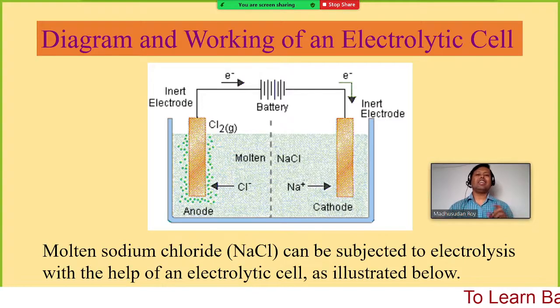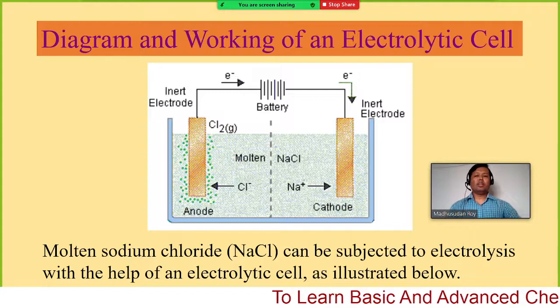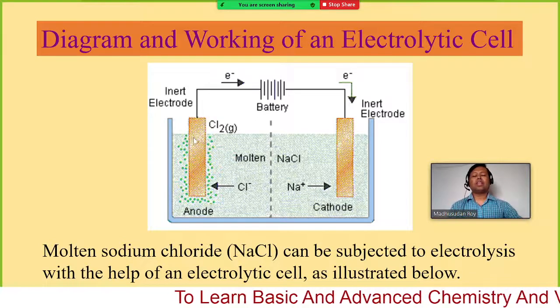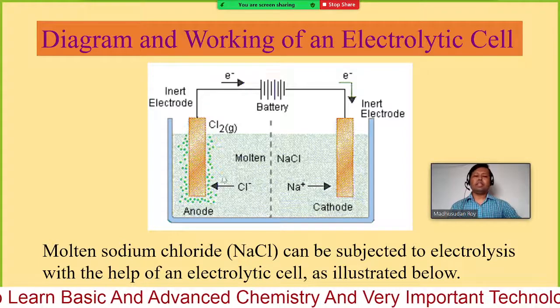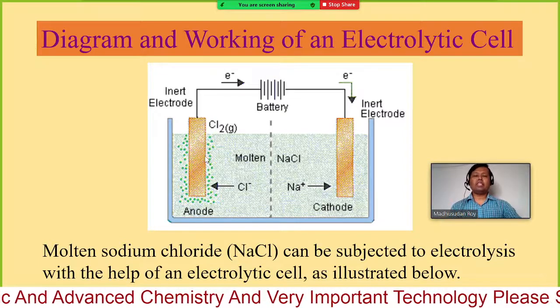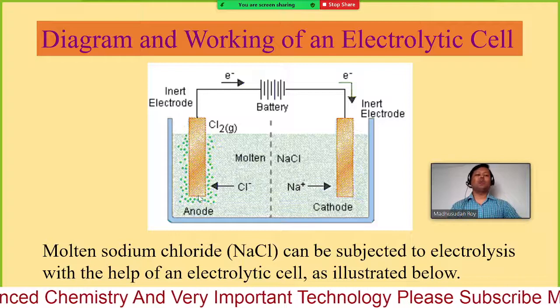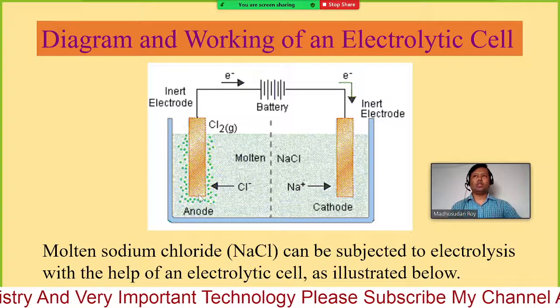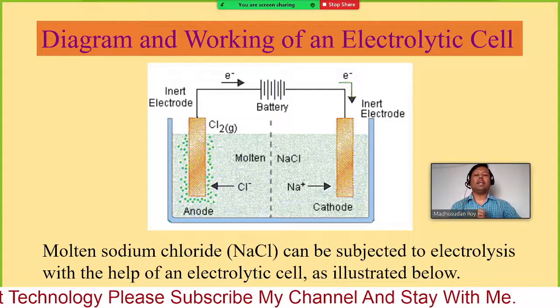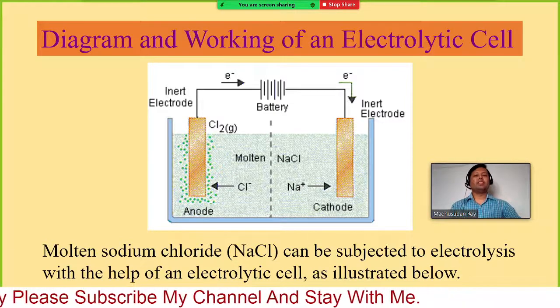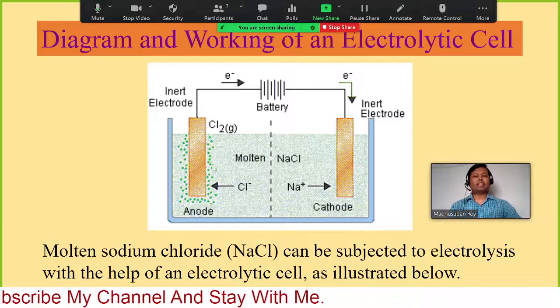That is the EMF of that cell or that half cell. So if you dip some electrode inside some electrolyte, it has some tendency to gain or to lose some electrons. That is the estimation of the EMF of that half cell, just that it is not connected.